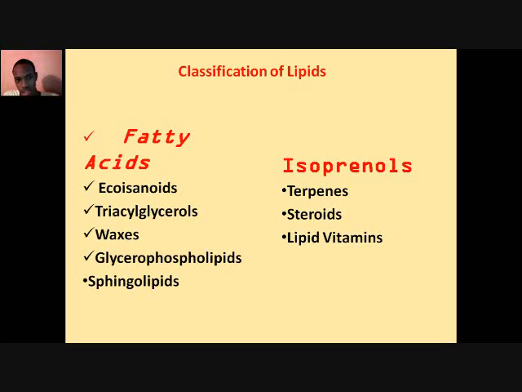Classifications of lipids. So we've done fatty acids, we've done eicosanoids, triglycerides, waxes, glycerophospholipids,